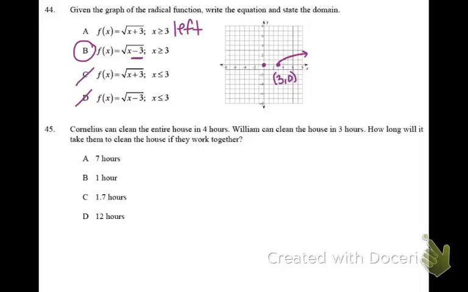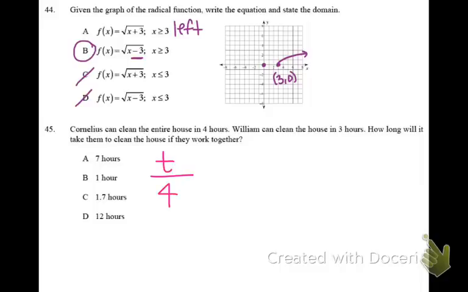45, which is the last question. Cornelius can clean the entire house in 4 hours. William can clean the house in 3 hours. How long will it take them to clean the house if they work together? So the way that you set this up is you have the time on the top for them to work together